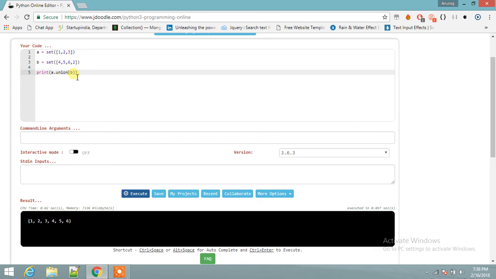Suppose you want to clear all the elements in your set, then you can use the clear method. So a dot clear, this is the syntax. It will clear all the elements inside your set a. It will now make an empty set. So now after executing this